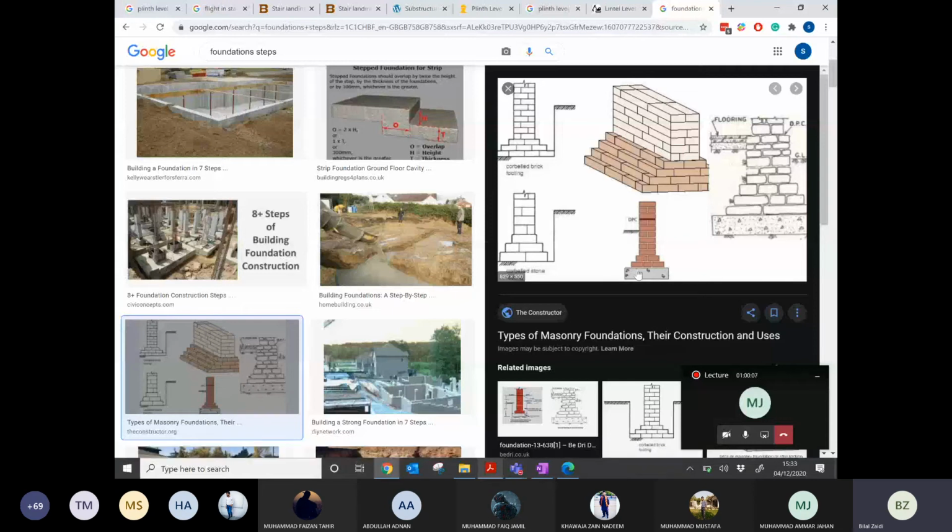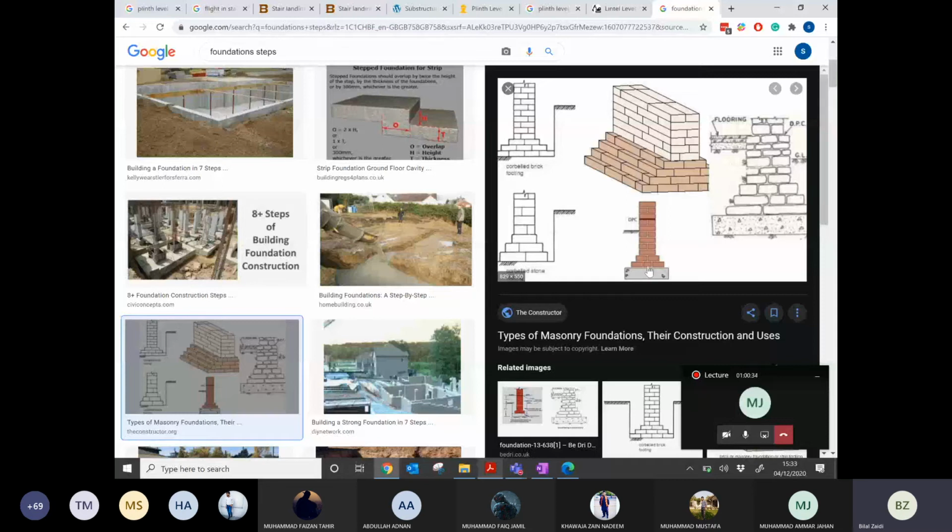First you do some excavation, pour some concrete, then you place some bricks on the top which are wider than the normal thickness of the wall. If the thickness of the wall is 9 inches, for example, the width of this foundation may be 2 feet 6 inches, or sometimes more or less, depending on the load carrying capacity of the soil.